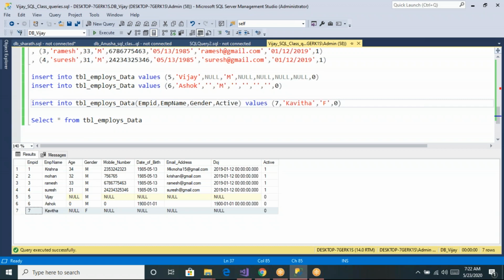So he will send you the list of employees in bulk in an Excel file, and they will ask you, hey, can you please load the data from the Excel file to the SQL table? Or sometimes they can give the data in a text file or CSV file, and they will ask you, can you please load the data from the text file to the SQL table? Now let us see how we can load the data if the customer is sending the data in an Excel file. Okay, so let me show you some sample data.